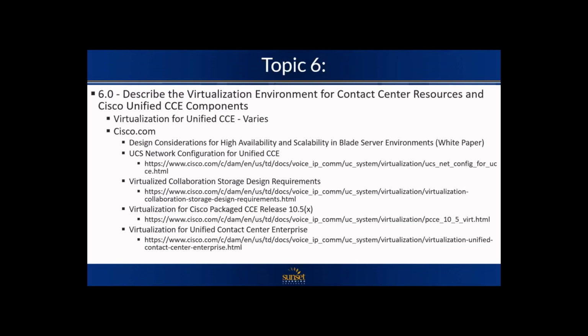There are separate documents, and not that I would necessarily expect you to capture all of these URLs, but I thought I'd just show the URLs here. The key thing is if you just went to Cisco's website and searched for UCS network configuration for Unified CCE, the document Virtualized Collaboration Storage Design Requirements, Virtualization for Cisco Packaged CCE, as well as Virtualization for Unified Contact Center Enterprise. I wouldn't necessarily be overly concerned with memorizing all of the details and speeds and feeds and those types of things,